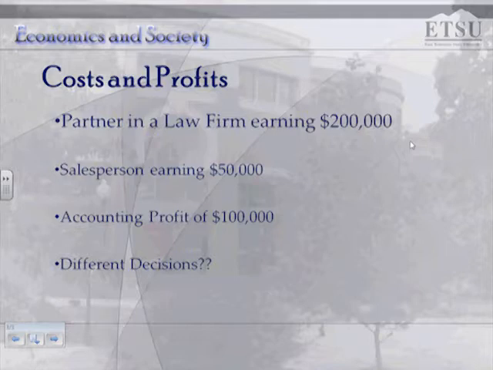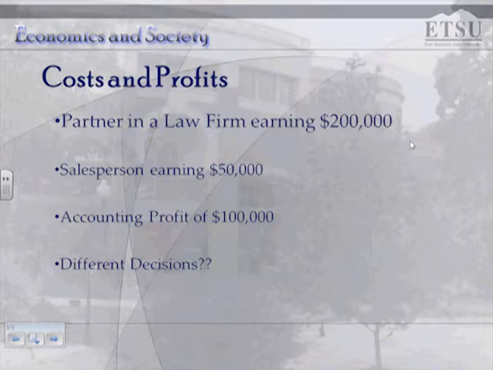On the other hand, the partner in the law firm, who also made an accounting profit of $100,000, decides to get out of the restaurant business. Why is that? Well, at the end of the year, all his revenues minus his explicit costs, which we called accounting profit, was $100,000. But the salary that he had to give up to go into the restaurant business was $200,000, which means that if we subtract off his implicit cost, the salary that he had to give up when he left the law firm,